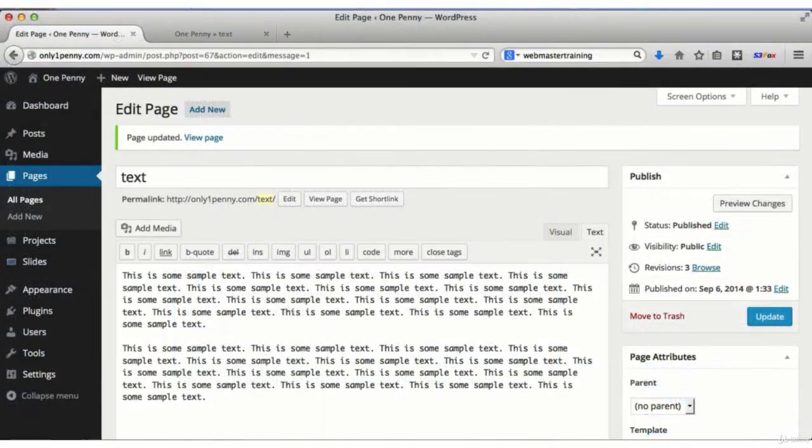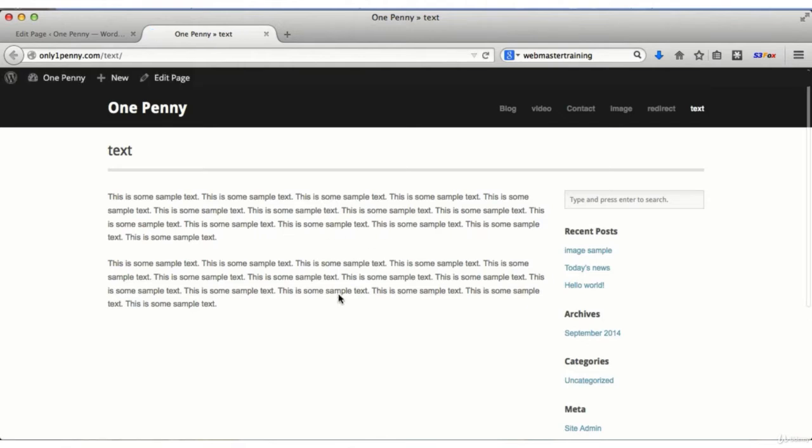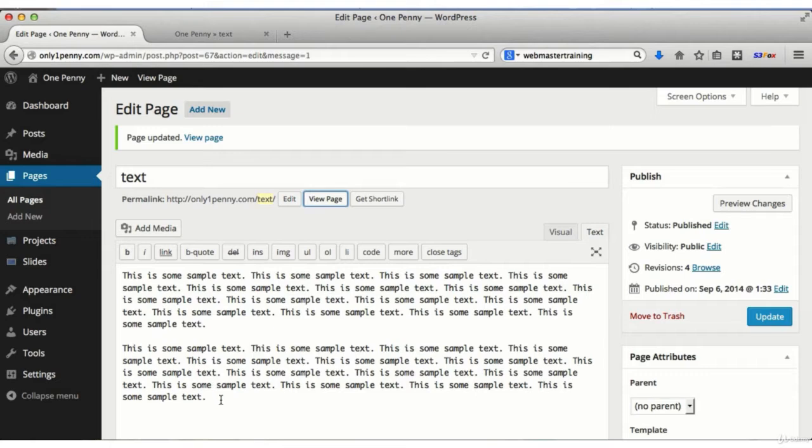Line breaks. In this lesson, I'm going to show you how to do line spacing in WordPress. If you look at this page right here, I just have sample text. I'm going to go ahead and click Update. And then we'll come over here and click View Page, and you'll see it has 2 paragraphs. Now with WordPress by default, this normally works just great. If we add, say, some more content and hit Enter, it shows up like that, and it's got that space,